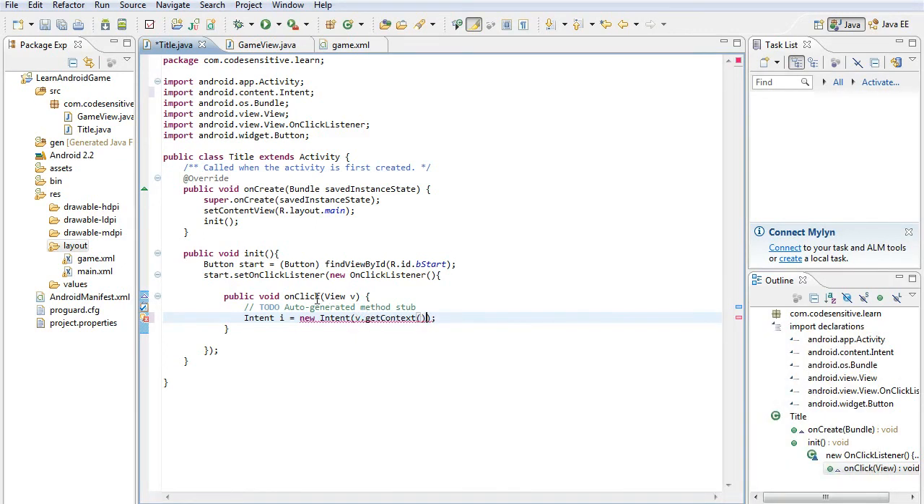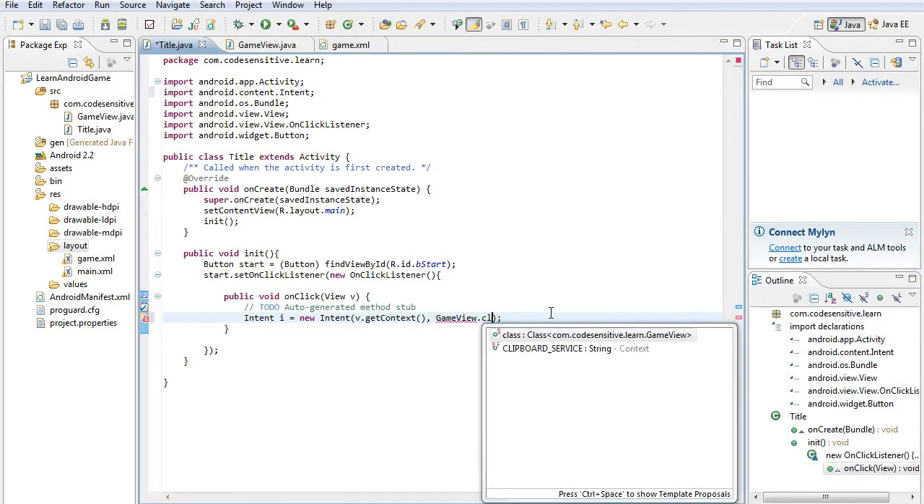And then in here we can just put v.getContext. Remember, v is this. It's the view on the onClick. Now this, then we're going to say our class name, so GameView.class